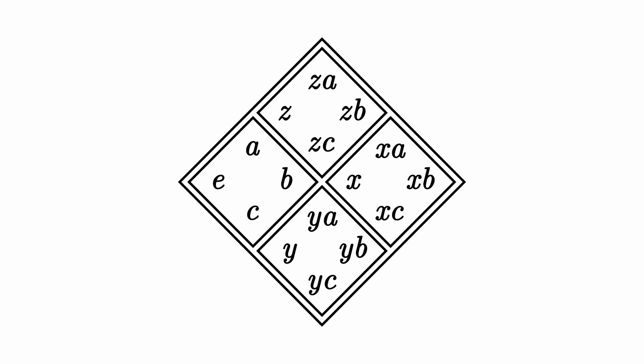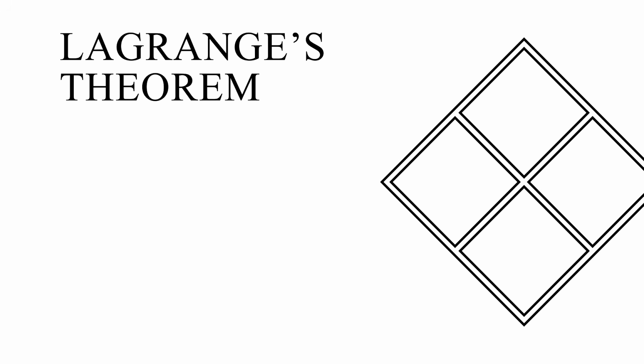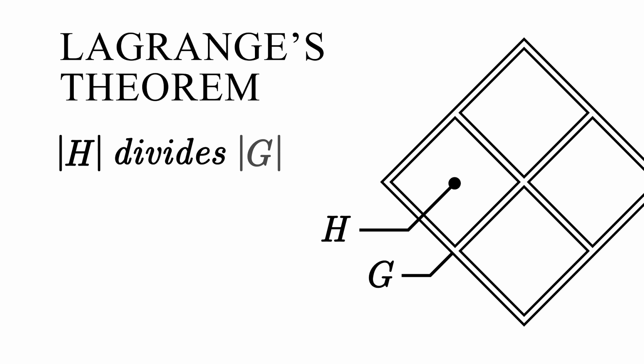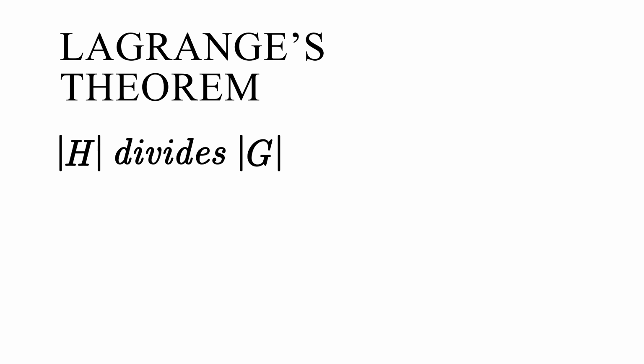So we have this dichotomy where a coset either doesn't overlap with the subgroup at all, or it is the whole subgroup itself. And basically, the same argument shows that this dichotomy also holds between cosets, but I won't repeat all the details here. All in all, this proves that the cosets partition the whole group into equally sized parts, and for finite groups we can summarize this with a really cool and very easy to remember theorem called Lagrange's theorem. Lagrange's theorem states that for a group G and a subgroup H, the order of H divides the order of G. And we've seen this, right?